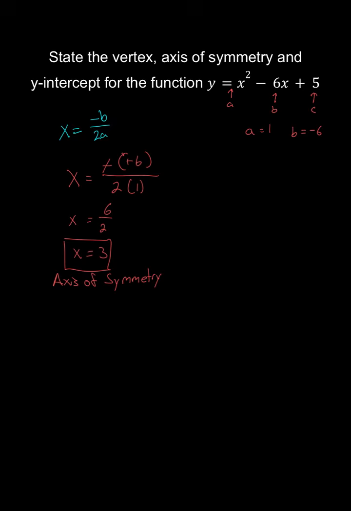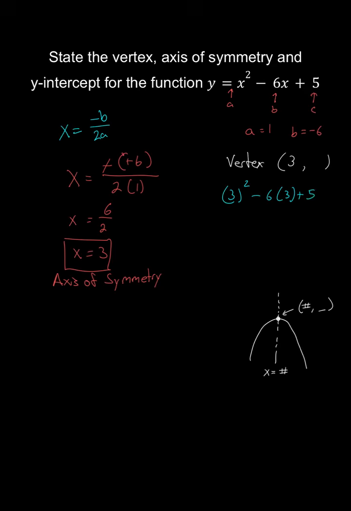Now for the vertex, vertex and axis of symmetry are related because the axis of symmetry goes straight through the vertex. So they share the same x value, which means for the vertex, we already know that the x value is 3. To find the y value, we can simply plug in our x value 3 and get the result of that. So we're going to plug it into our equation, replacing x with 3,